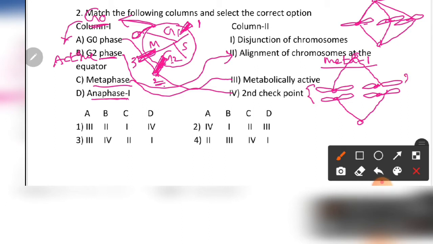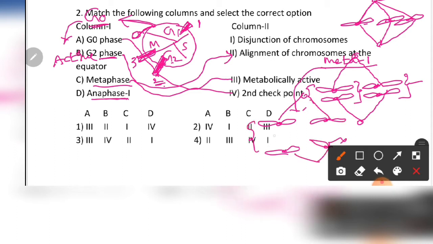Now this chromosomal homologous pair is aligned in a region. What is the region? Equatorial. So the region is the center, aligned in the center, so equatorial plate. After the metaphase, in the next stage, the two pairs of chromosomes get separated, like one will be here and one will be here. This is the stage of anaphase.